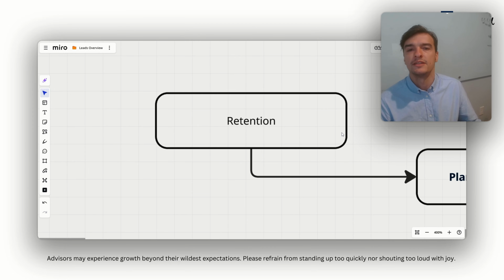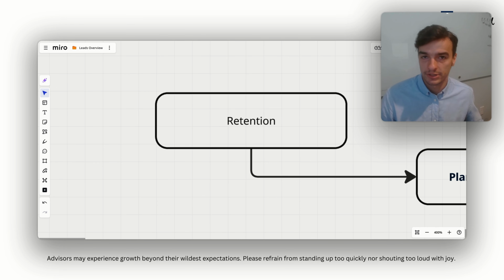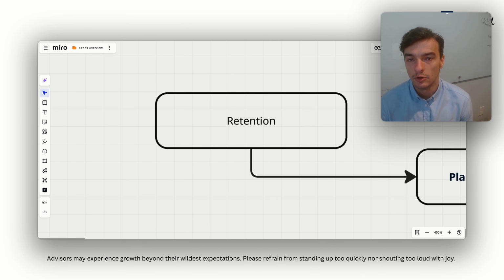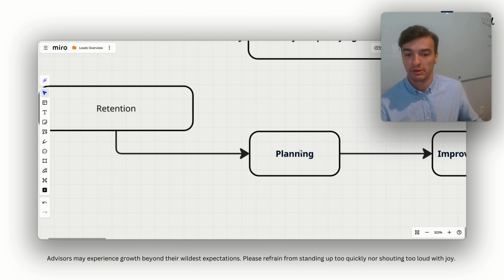So retention, this is the next step after someone becomes a client. You want to keep those clients. Clients on average in the financial advisory world stick around for a long time. What is your average client retention? We have advisors who are our clients who have 25-year client retention, and advisors who've got 7-year client retention because, for one reason or another, the process is missing what we look at as a good planning process.